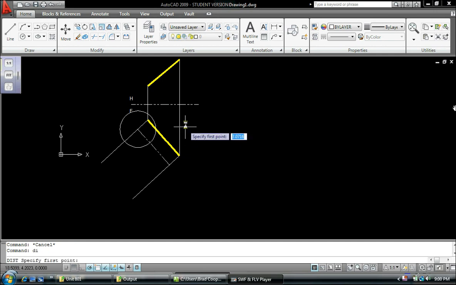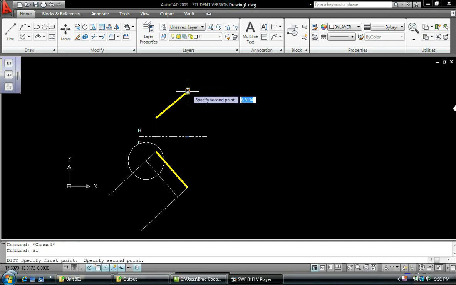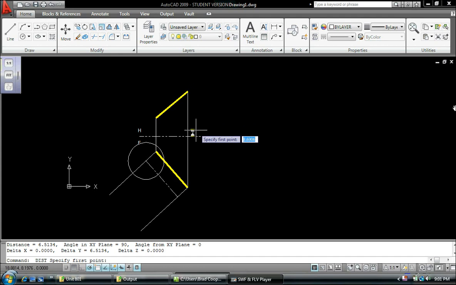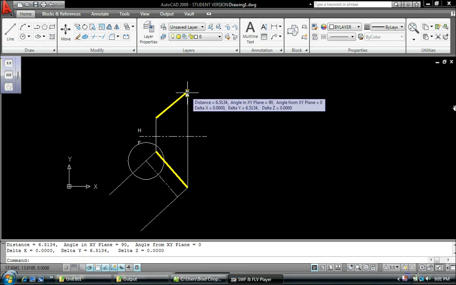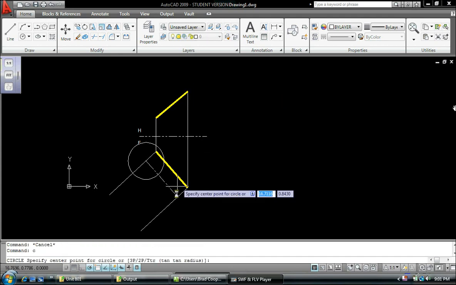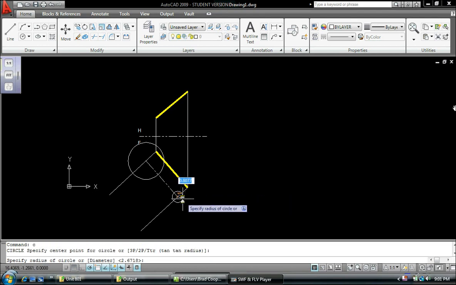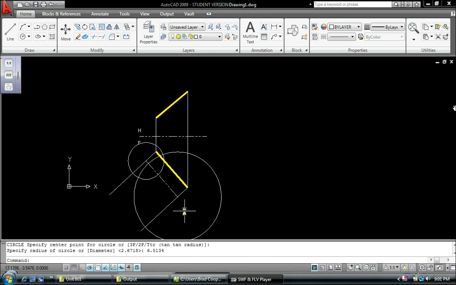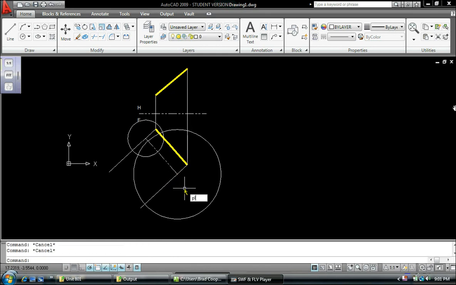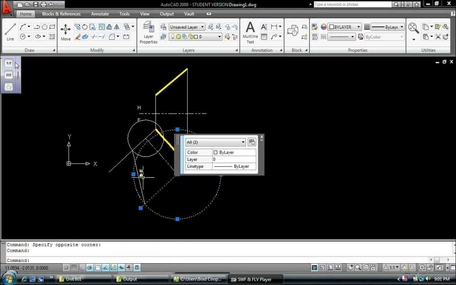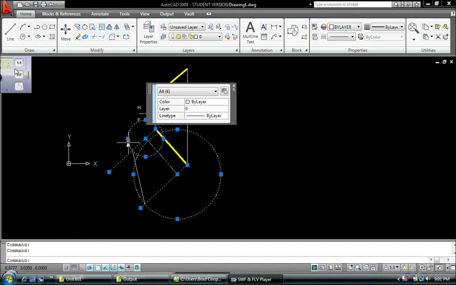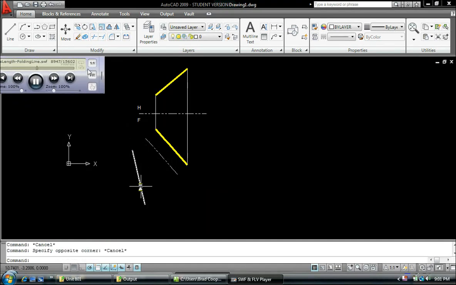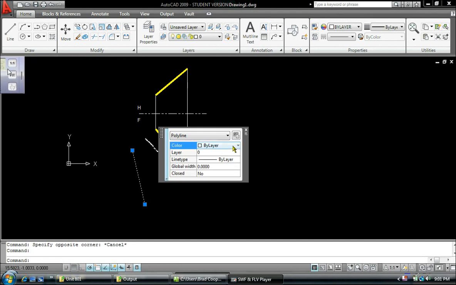I'll take another distance measurement. I'll measure from here to here, and that is 6.5134. So I will draw a circle over here, 6.5134. Now that I've done that, I'll draw a polyline from this intersection to that intersection. Then I'll erase all the things I used to construct that line, and this is your true length